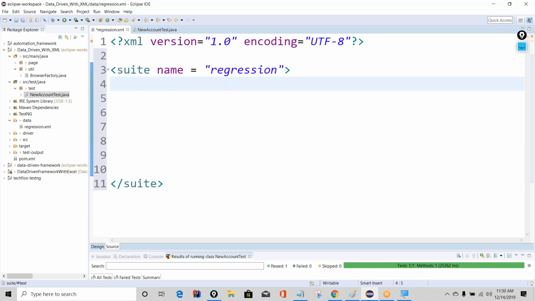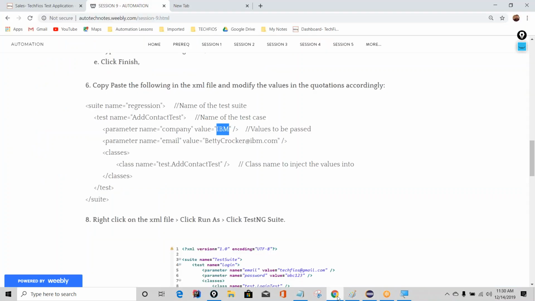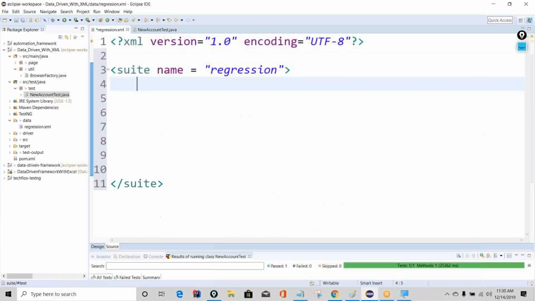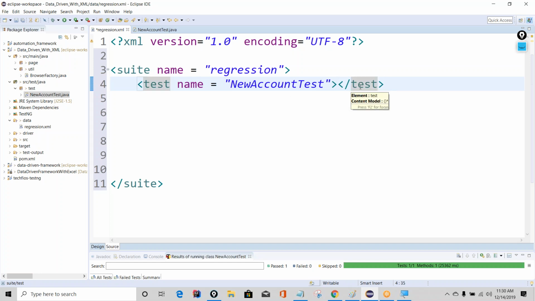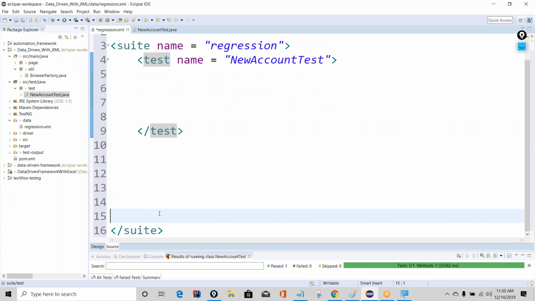Now, next thing you need is, what was that? Test. Okay, test, and we give it a name. So you're going to have an open close here and another open close there. This would be test, give it a name, and we can call it new account test. So new account test, and it automatically did that for you. Open that up. Inside that test,